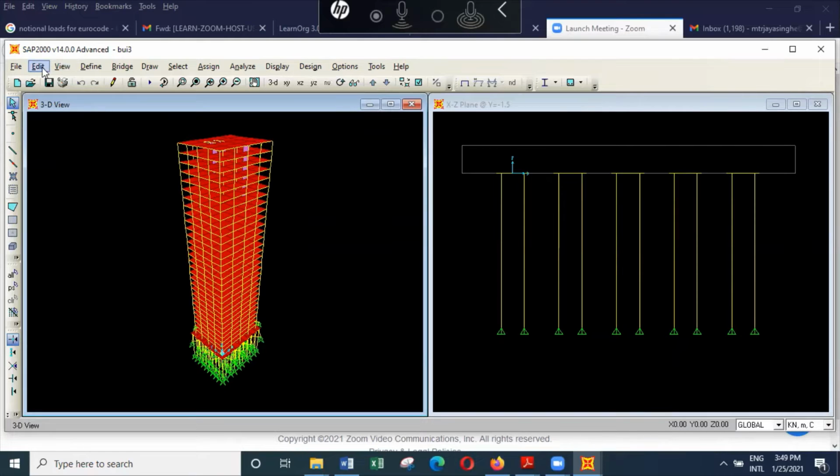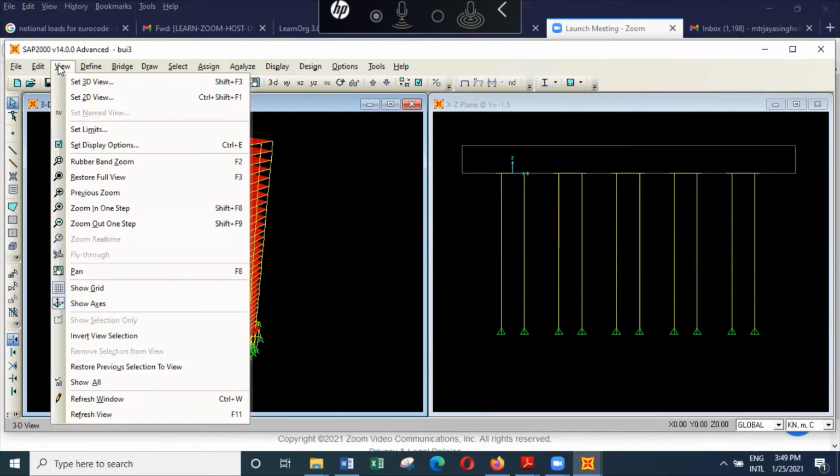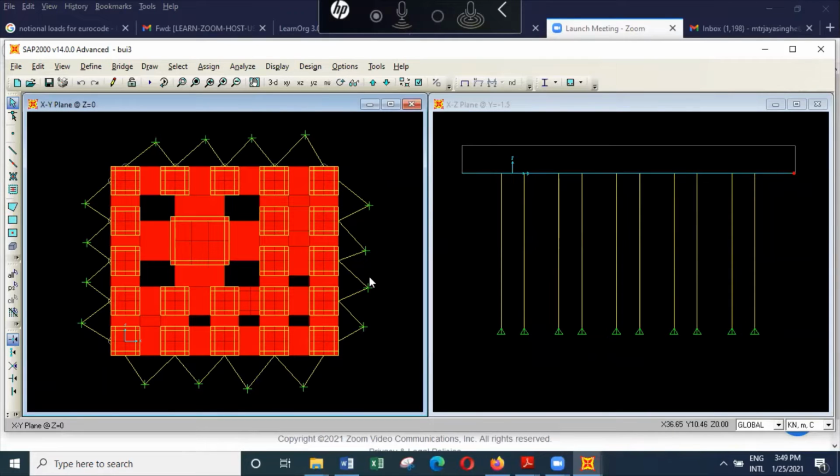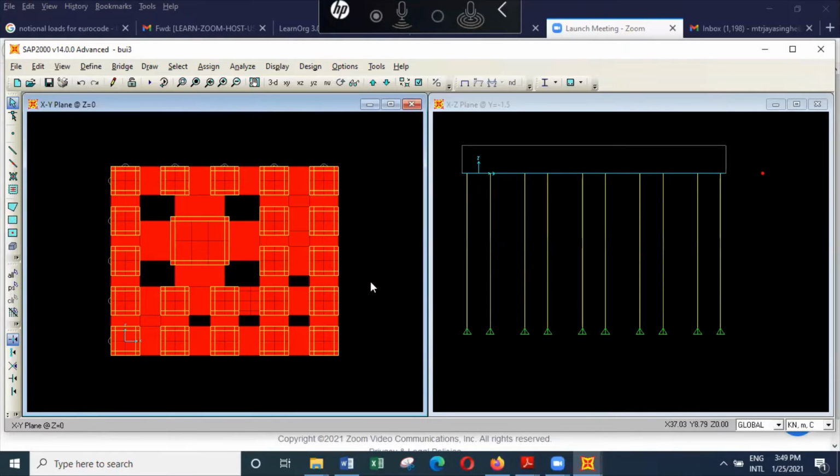So the first thing is, we'll go to view, and I will remove all these elements. I deleted all those elements,